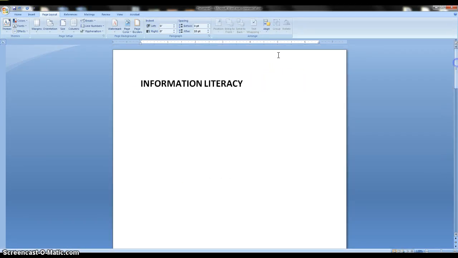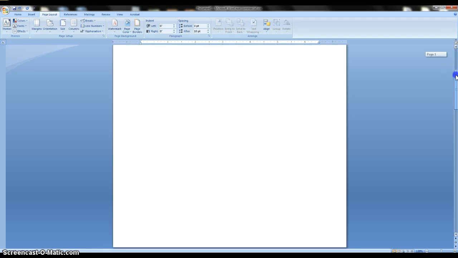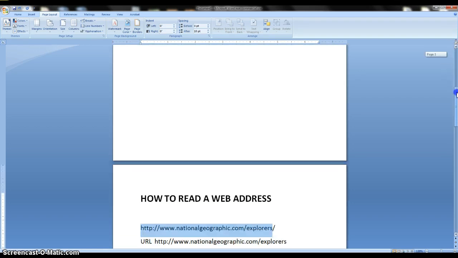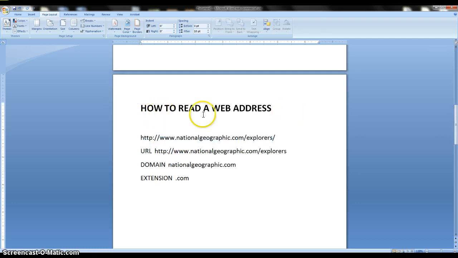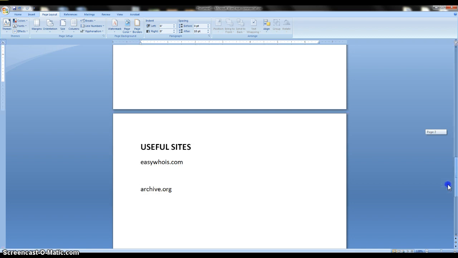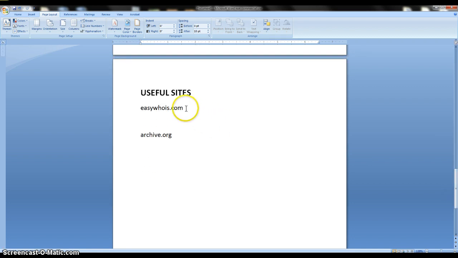So again, this was a quick tutorial showing you information literacy, how to tell whether or not we can take a website seriously or not. We looked at how to read the web address. We have the URL, the domain, the extension. We talked about two useful sites, easywhois.com, where we type in the domain and it tells us a lot of information about who owns the website, and also archive.org, which shows us the history of that website and how it's changed over time. So hopefully you find these tools useful